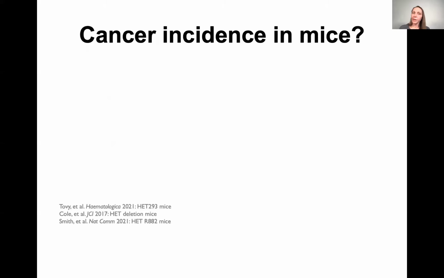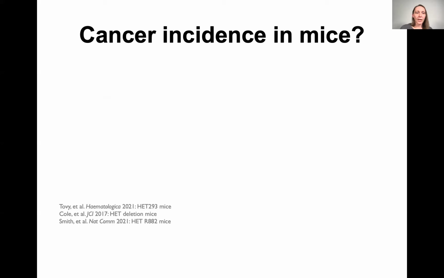Can we learn something about cancer incidence from studying those mouse models? I said a lot of the blood features that we saw in our TBRS individuals, we saw in the mice. So can we learn something about cancer risk by studying the mice? Well, again, there's a caveat. We don't know that human aging is exactly the same as mouse aging, but perhaps we can get some idea